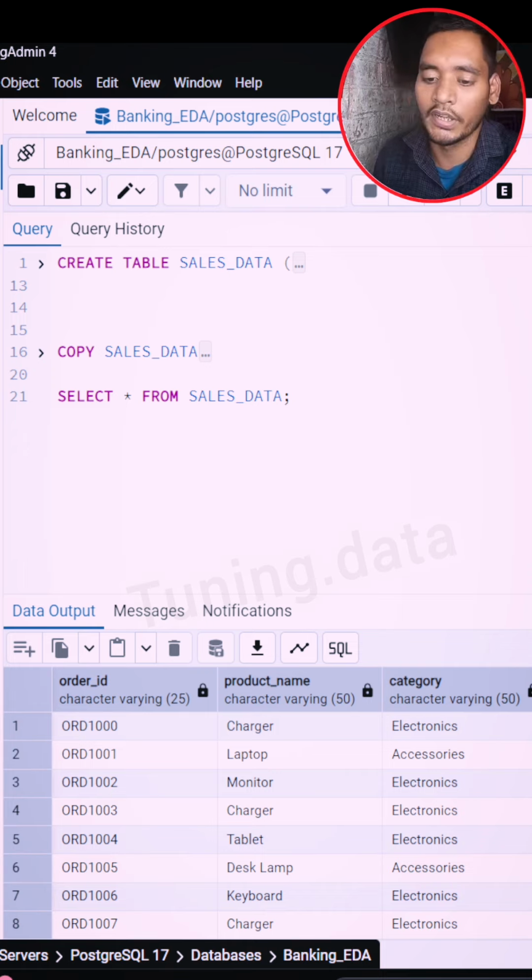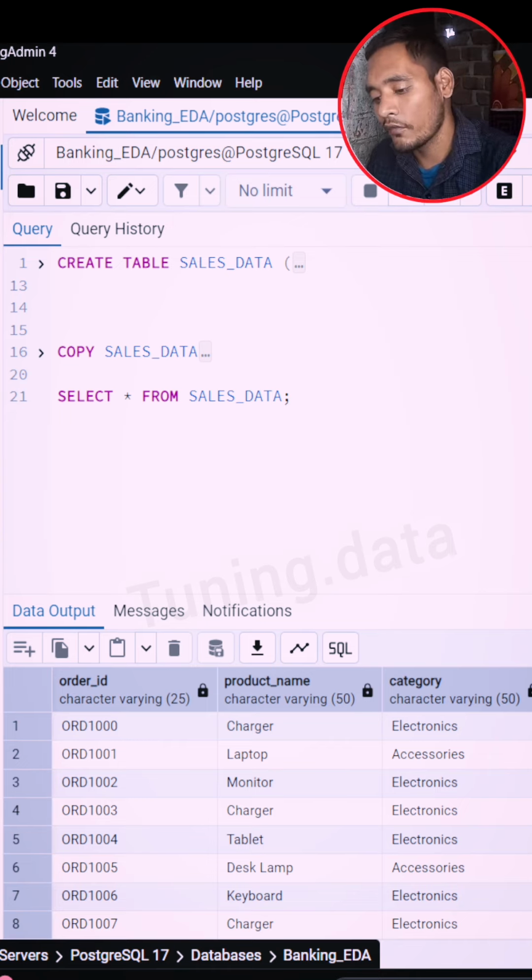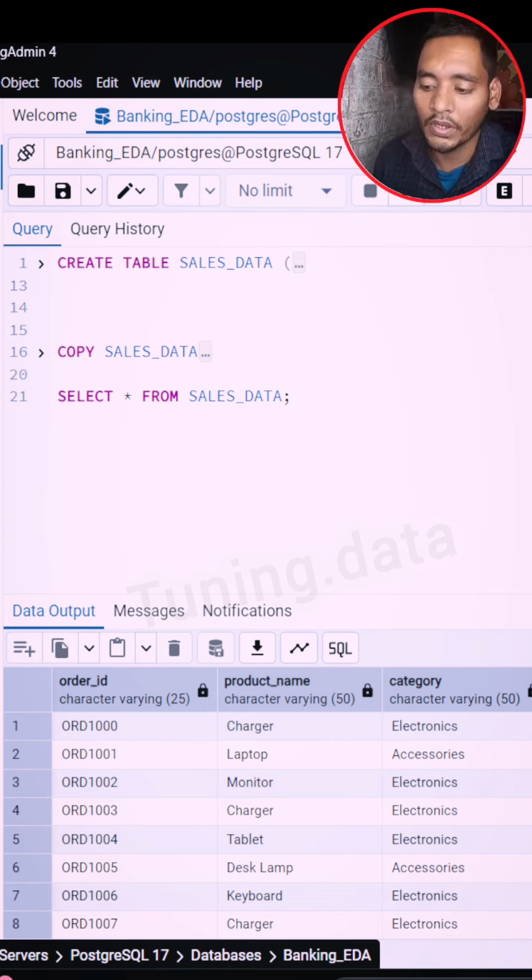So first let me tell you why we use the GROUP BY function. In most cases, if we have this kind of data set and we have to find the total sales, or the aggregate values according to some groups or categories, we use the GROUP BY function in SQL. In this case, we have this data set and we have to find the total sales according to the category or product name or the date, whatever it is. In this case we use the GROUP BY function. So let me show you how we can use GROUP BY in SQL.